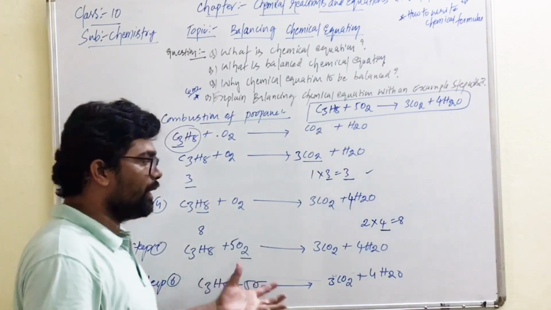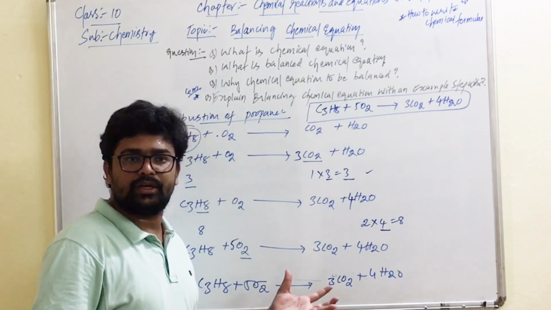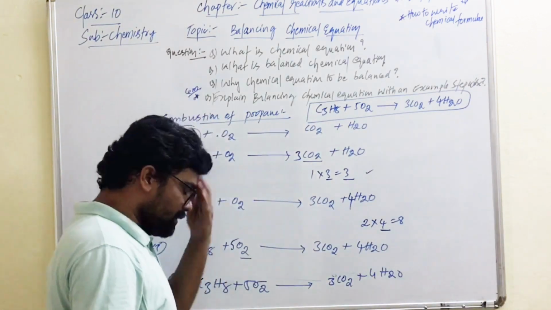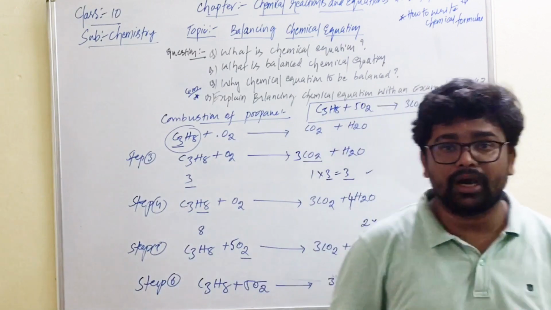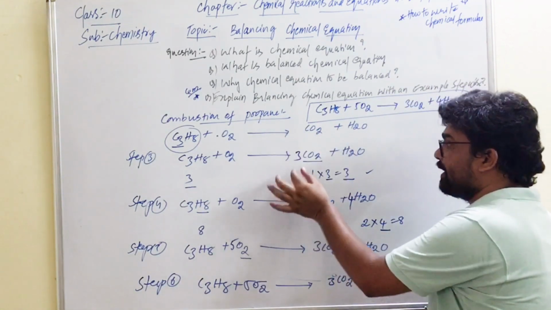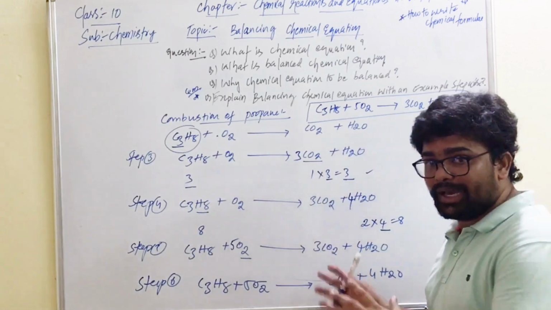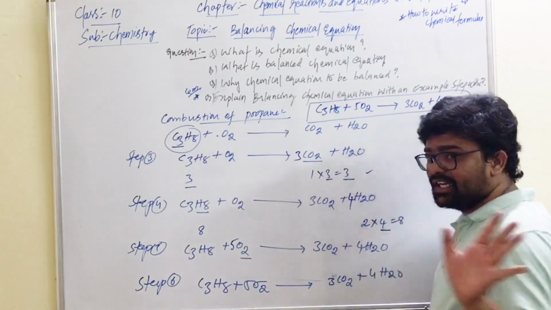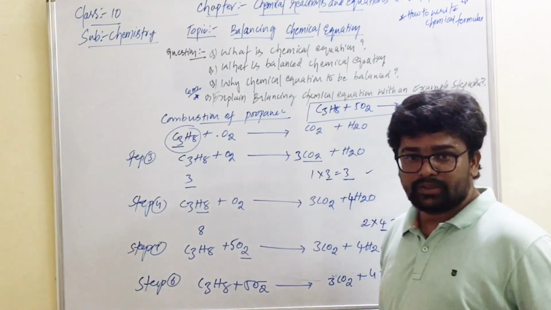This is how we balance in a stepwise manner. Is it clear, students? Hope it is very clear for you all. So what we did in all these cases: जहाँ कम है वहाँ पे हमने क्या किया है, एक्सेप्टेबल नंबर से मल्टीप्लाई करके उसको आगे रखा है ताकि वो बैलेंस कर सके नंबर ऑफ एटम्स बोथ साइड्स को। आपको फॉर्मूला चेंज नहीं करना है किसी हाल में, ठीक है।